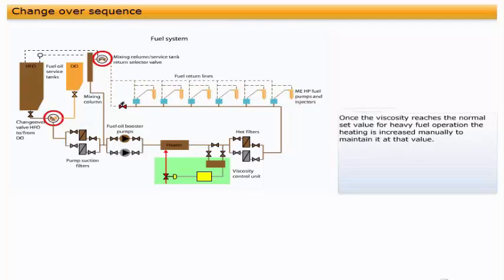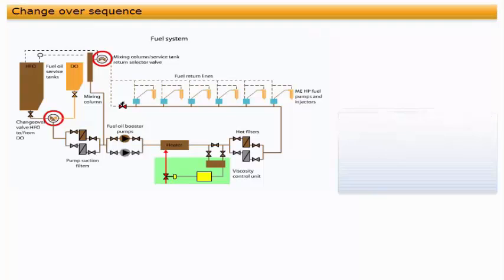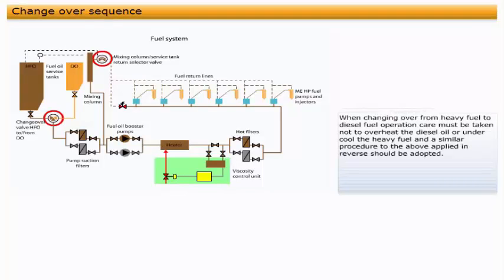Once the viscosity reaches the normal set value for heavy fuel operation, the heating is increased manually to maintain it at that value. As the fuel temperature approaches the expected value for heavy fuel operation, the viscosity control can be changed over to automatic. When changing over from heavy fuel to diesel fuel operation, care must be taken not to